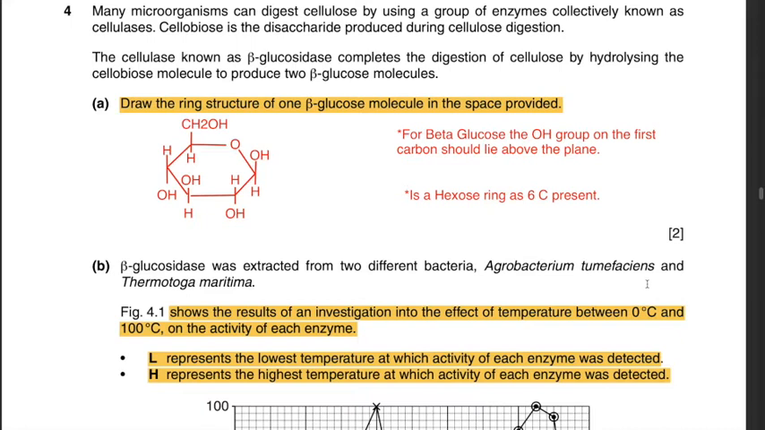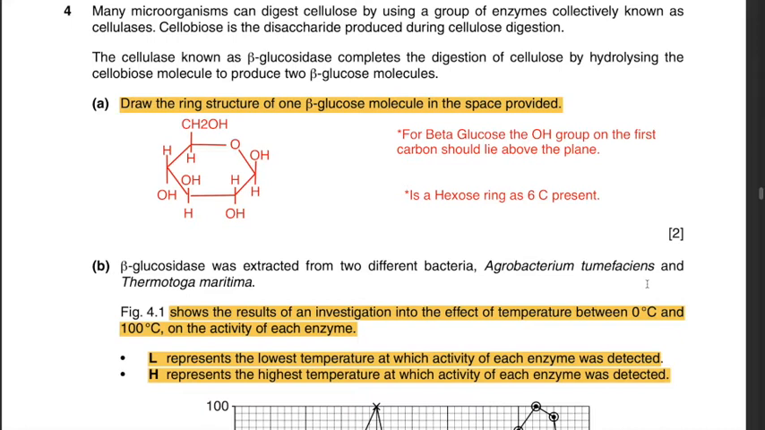This is how the beta-glucose molecule looks. The OH group lying on the first carbon atom, that is after the oxygen atom present in this ring structure, should lie above the plane. As you can see over here, my OH group lies above the plane, and it should be a hexose ring